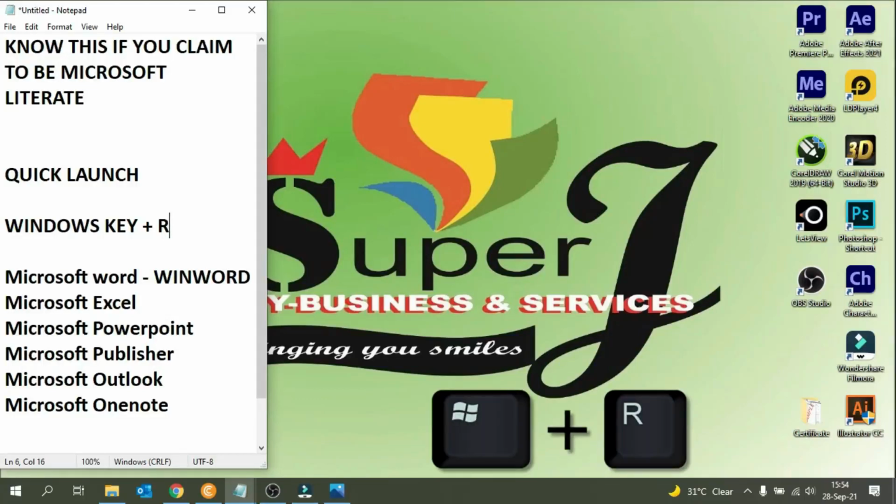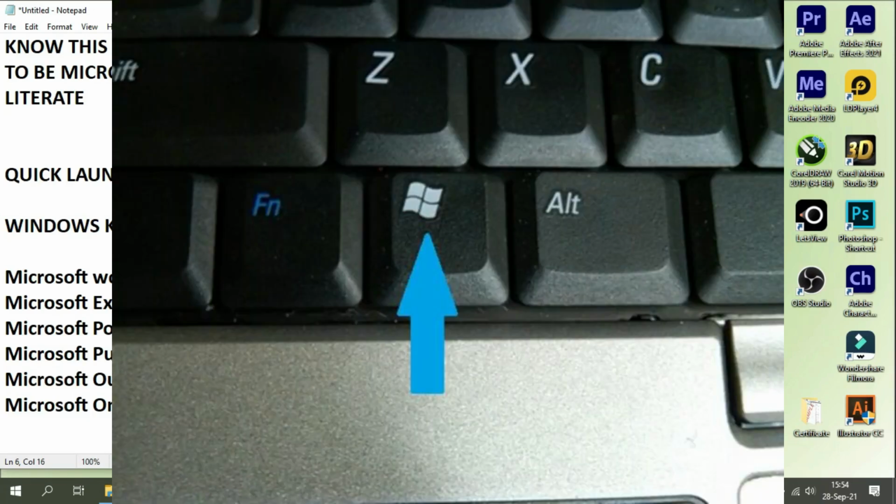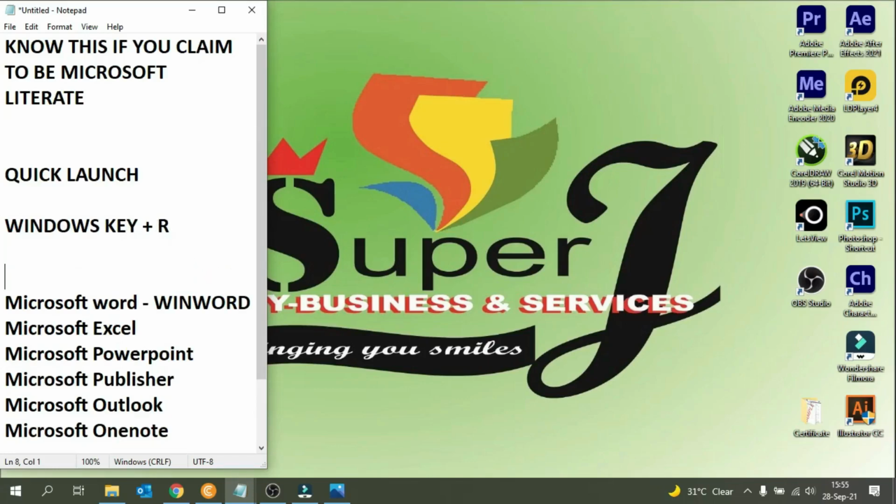Somebody will say Win key plus R. Like I told you, in our tutorials, we take it very simple and explain it easily for people to understand. So somebody watching this video for the first time who doesn't know what Win key is will understand that there's this called Windows key. That is what I'm talking about. So whenever we are talking about the Win key, we are talking about this key on the keyboard. So that is the Win key. Don't forget it. That is the Win key. So we will add the Win key. Whenever you see plus, it means that